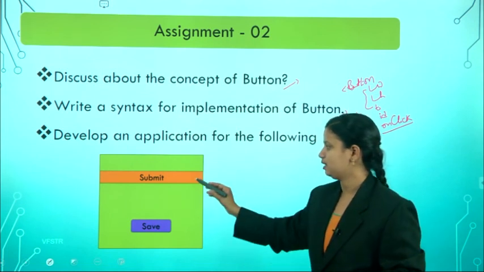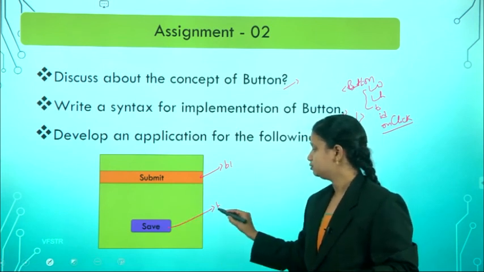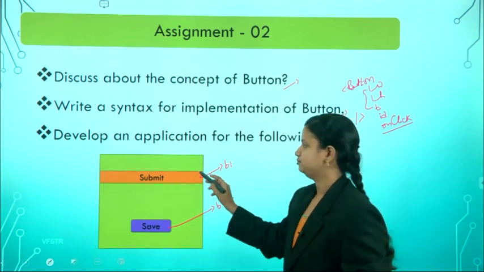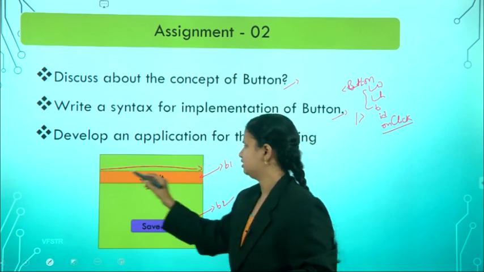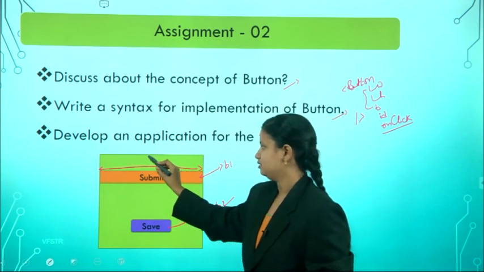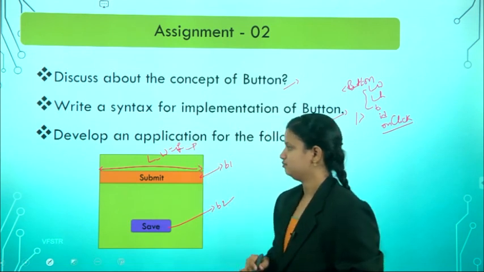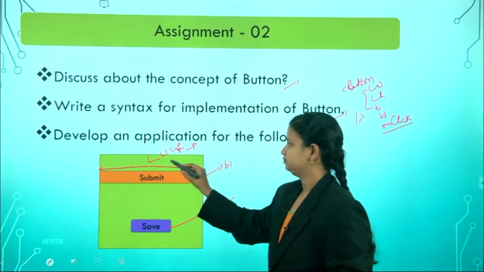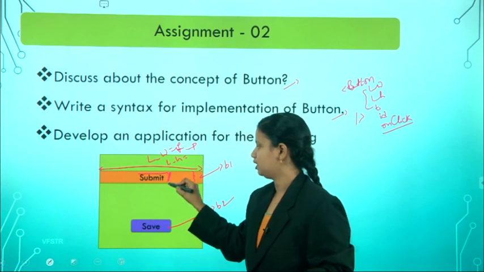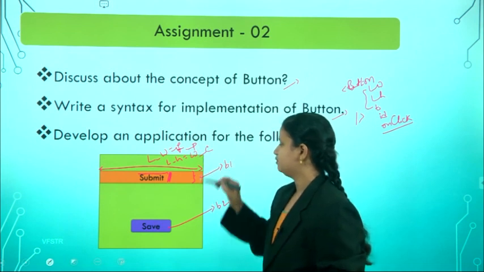While you are observing, this application has two different buttons, button 1 and button 2. When you consider button 1, that means the submit button, what is the width of the button? It occupies the entire width of the user interface, so layout width is fill parent. What is the height of this button? The height is only as much as the contents need, so the height of this button is wrap content.